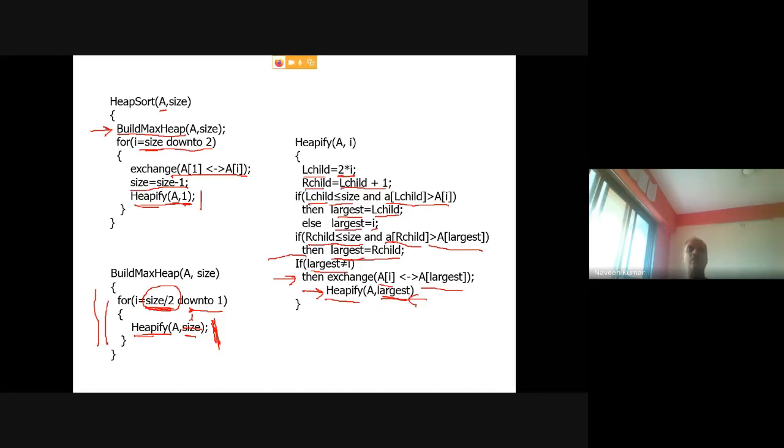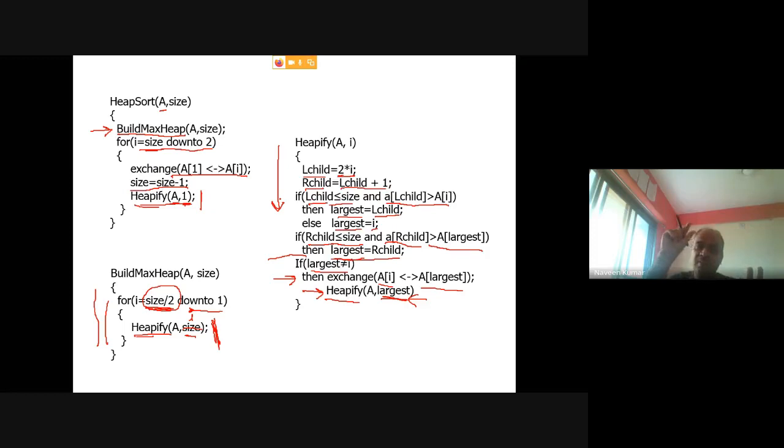So this is how heapify works. Using the heapify operation, you fix a single element issue. The heapify algorithm works at some index I, considering that the left subtree and right subtree are already max heaps. The problem is only with the root.